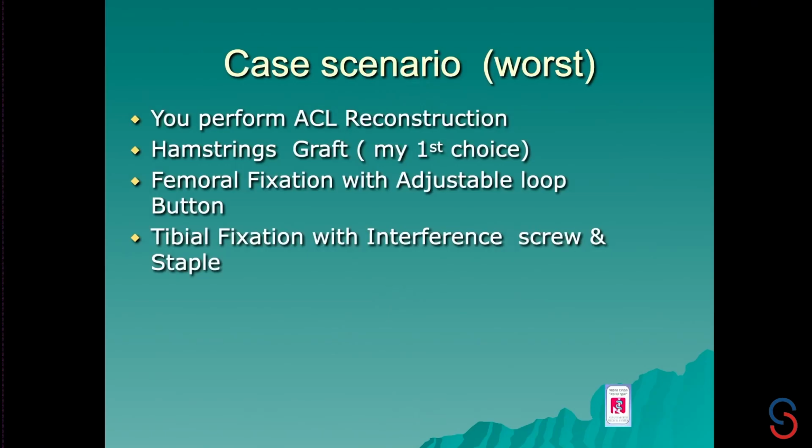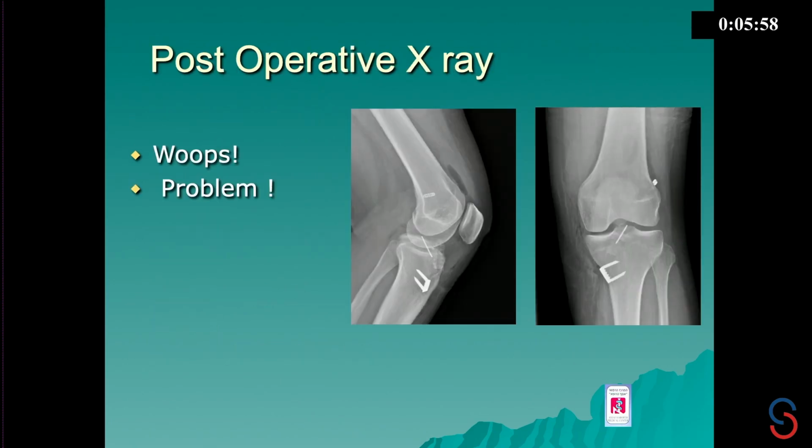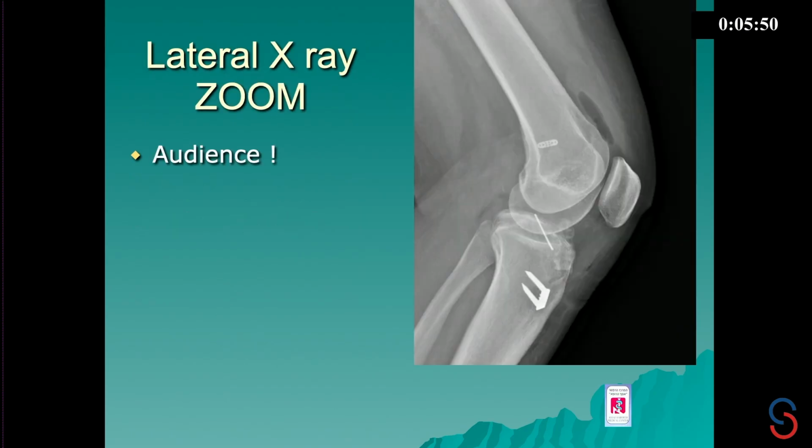You perform an ACL reconstruction. I usually use hamstrings as my graft. Femoral fixation with an adjustable loop button. Tibial fixation with an interference screw and a staple. I usually use a staple as well. The operation went well. The next day, post-operative X-ray, whoops, there is a nitinol guide inside the tibial canal, and